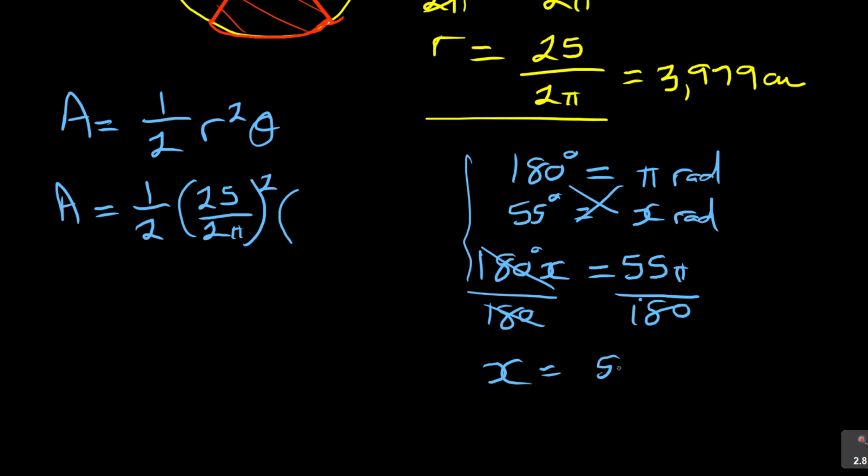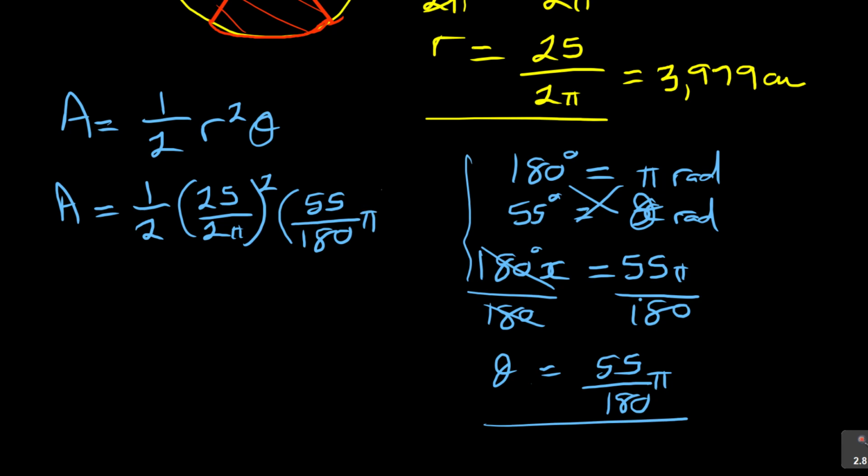So it means you say 55 divided by 180 pi. That's how you convert that. So that is your theta. Now I can even remove here and say this is my theta there. So what is your theta? It's 55 over